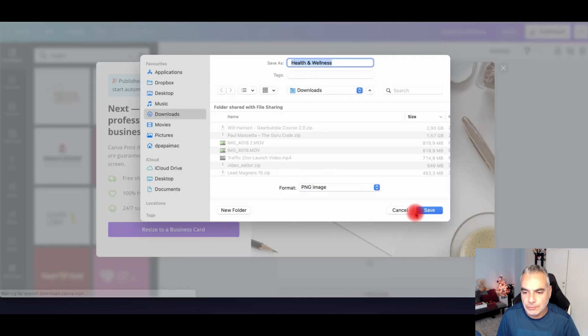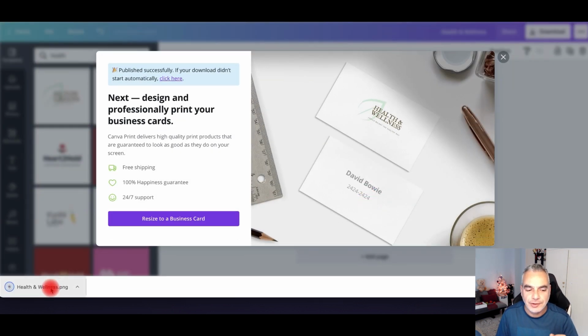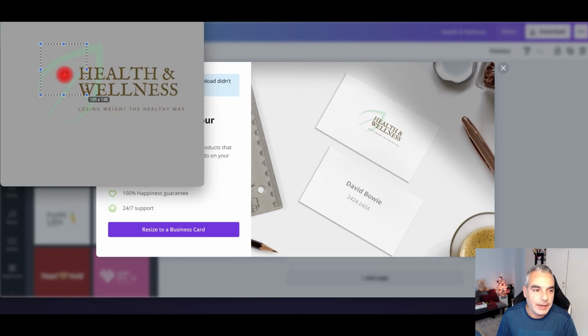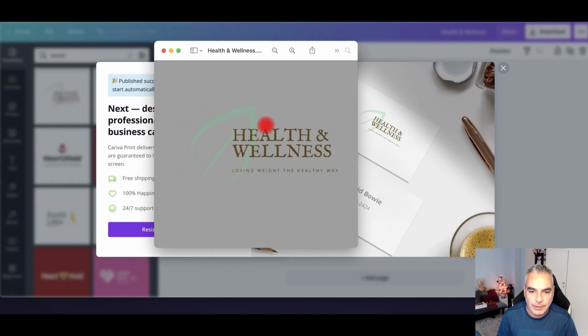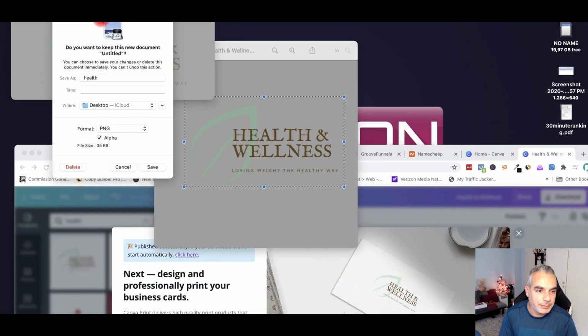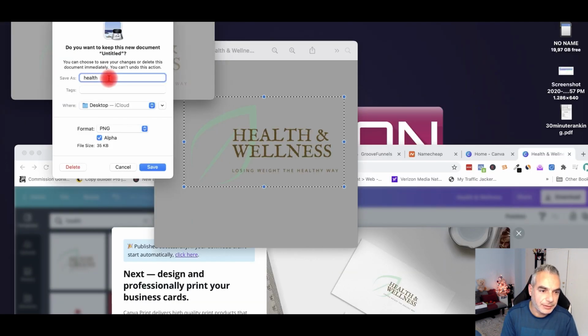And it's as simple as this, you can do the same. You don't need to be a designer. There's templates that you can be using. All right, so in my case right now, this image, okay, I'm just going to take, hold on, and I'm going to name it and save it, health wellness